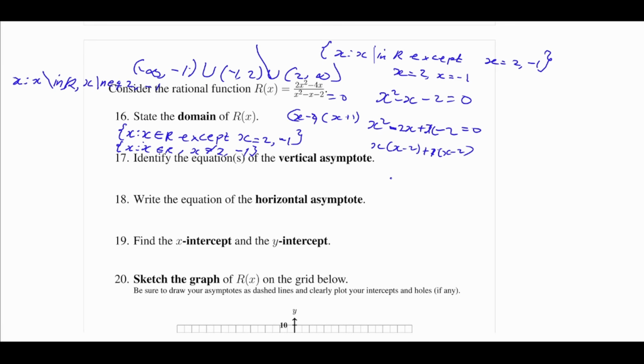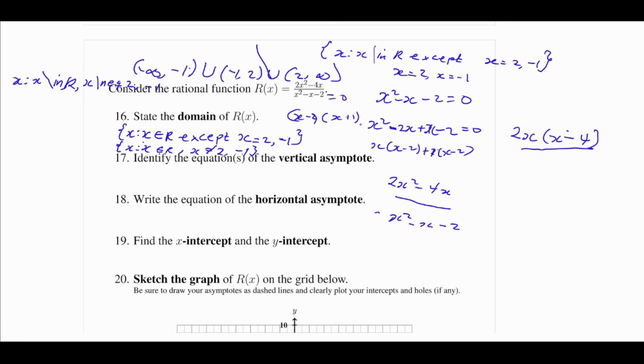So if we have 2x squared minus 4x all over x squared minus x minus 2, what we can do is that we can factorize out. So let's see, we have 2x out, and then we have x minus 4 all over